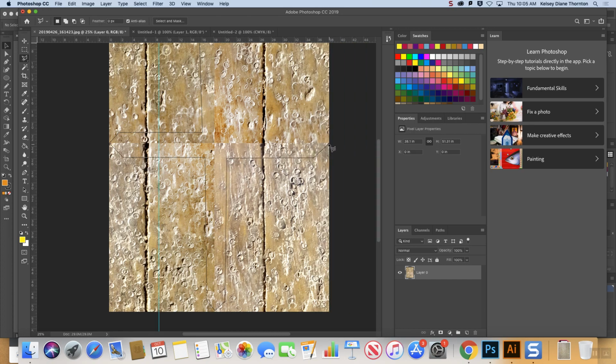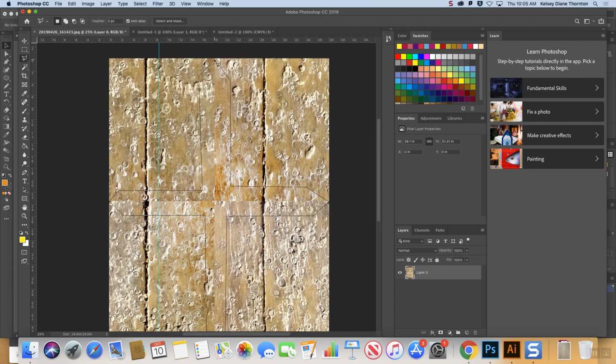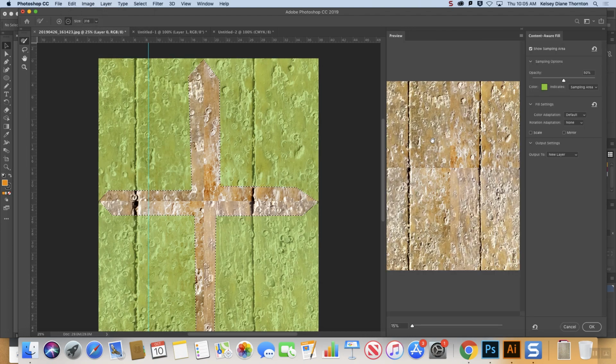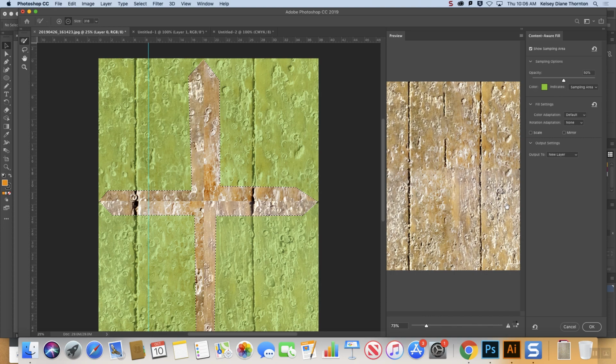Okay, so we have the cross shape, and now we can go to Edit, Content Aware Fill, and we will just see what it does. If it doesn't work, you can always choose Edit, Undo. Oh, I went into this version of it. That's weird. So this is actually probably a good reason to go into this world instead of just going to Edit Fill. This is probably a good reason to use the Content Aware Fill menu,